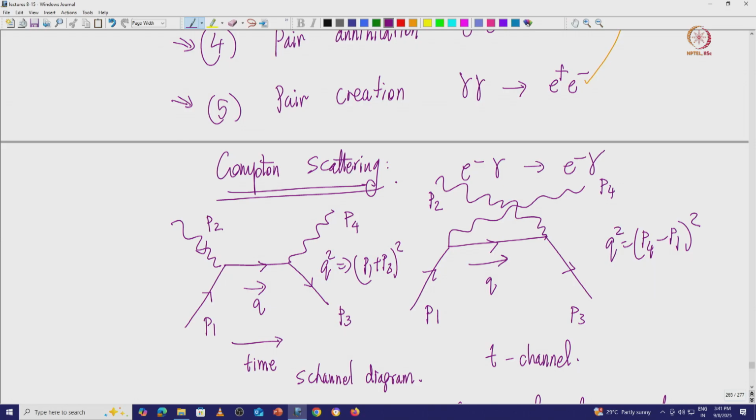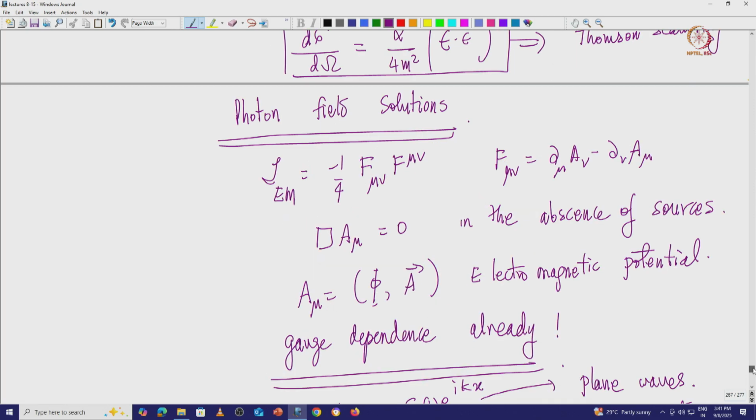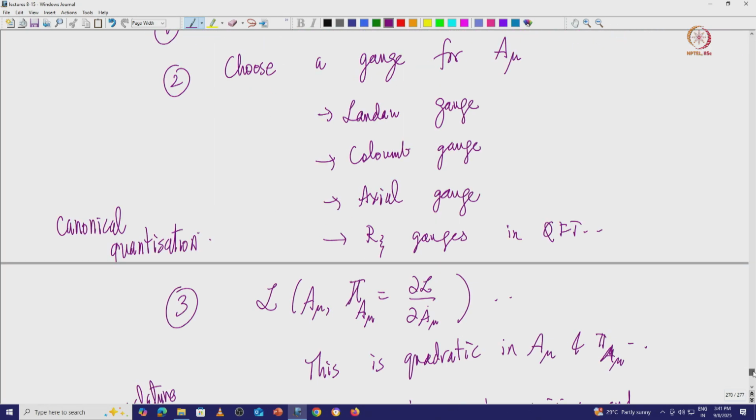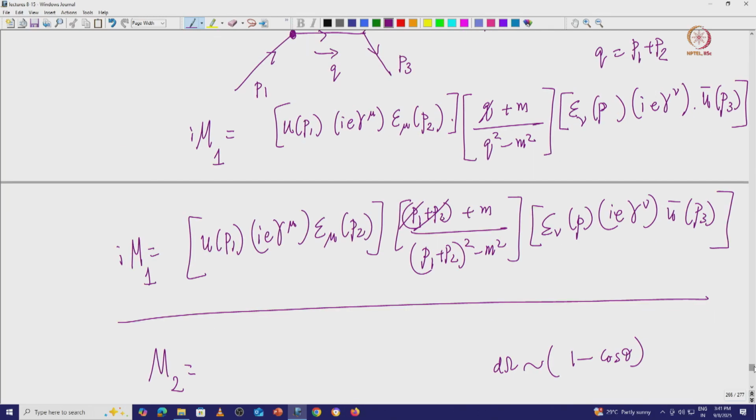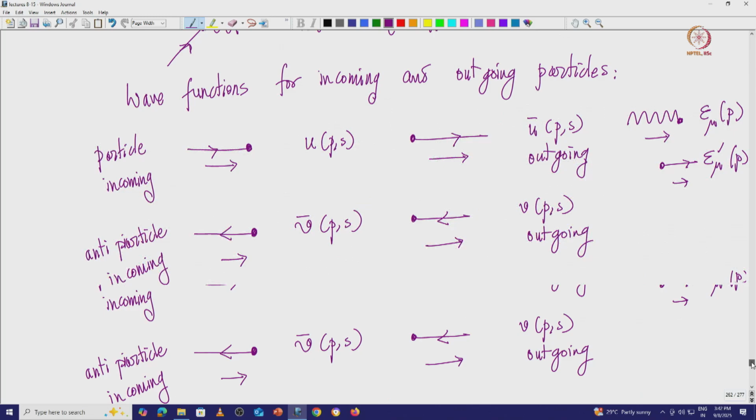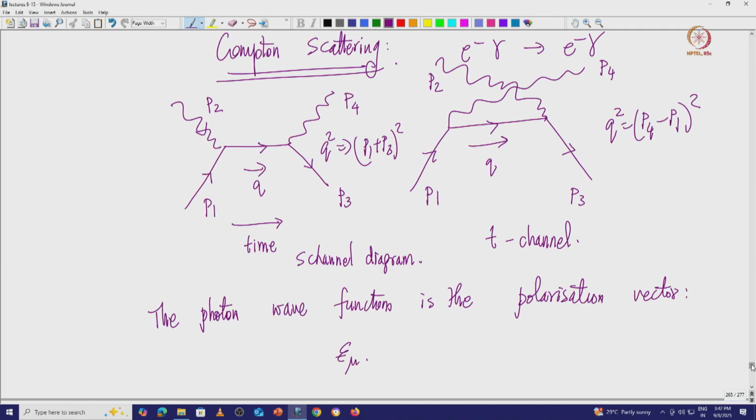Okay. Now with this you can write the amplitudes. After writing the amplitudes in this particular fashion, you can write down these amplitudes for M1. Similarly for M2, the difference is nothing but you have the same thing, U bar of P and U3 of P, and only the propagator becomes different,